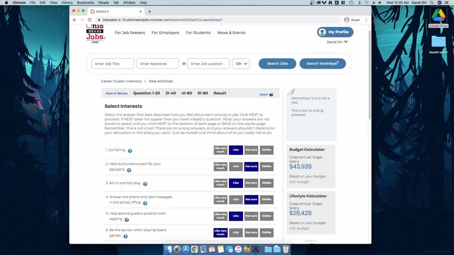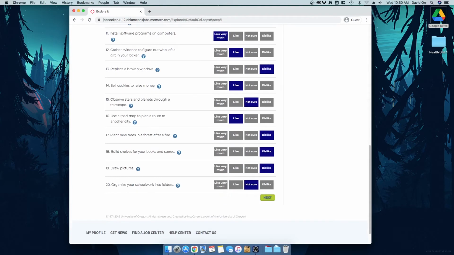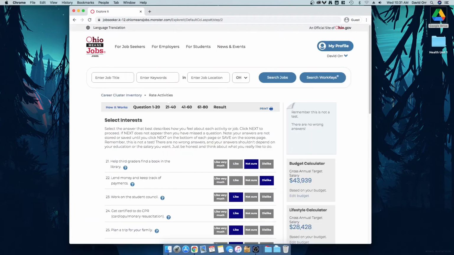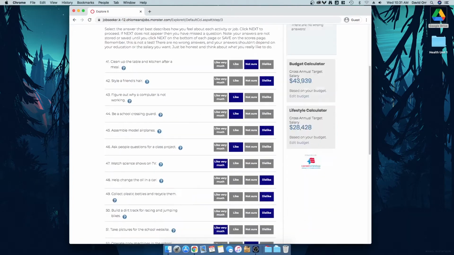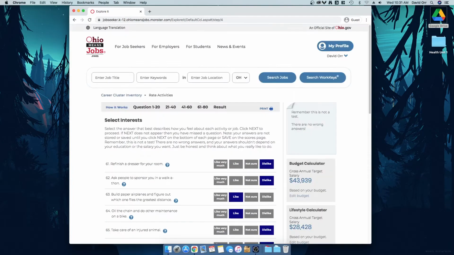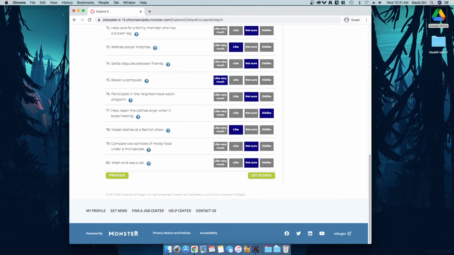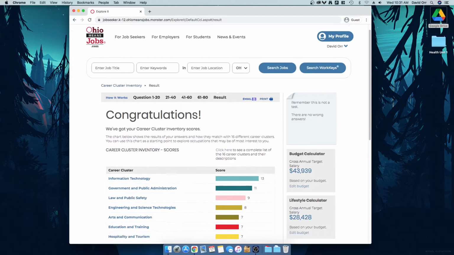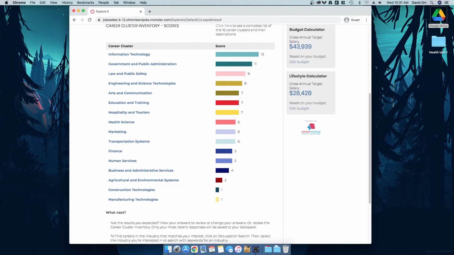Answer the phone and take messages in the school office. I don't love talking on the phone, so I'm going to choose dislike for that one. So you get the point. You'll go through all of these. At the bottom of the page, you'll click the next button. There'll be more questions. You'll keep going through this until you've answered all of these questions. It seems like a lot of questions, 80 of them, but really when you get going, it'll take you maybe 10 minutes tops. When you're done, click Get Scores, and that will give you this colorful graph with all of